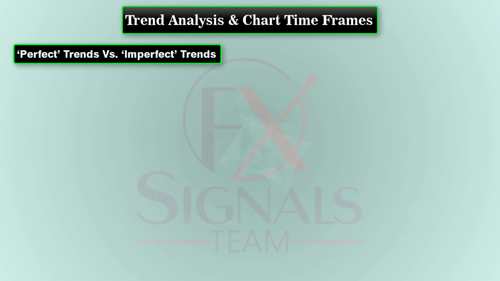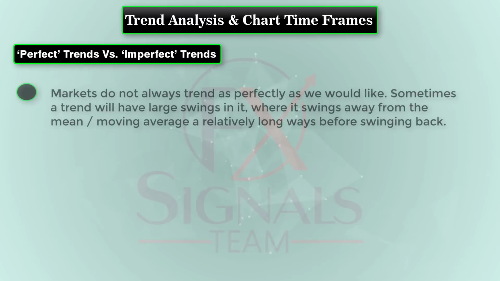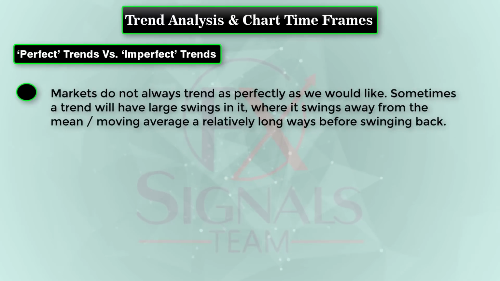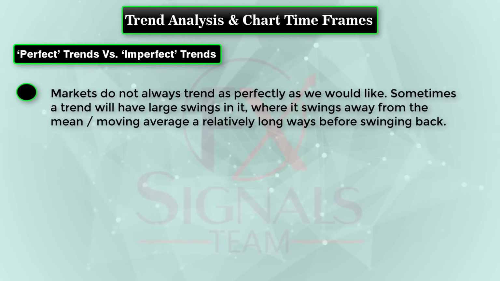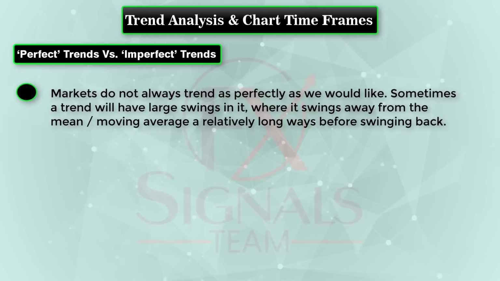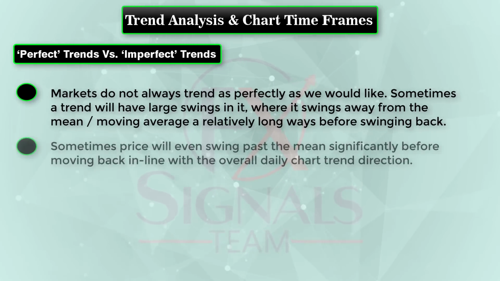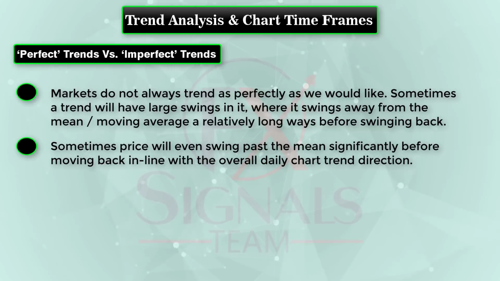Perfect trends versus imperfect trends. Markets do not always trend as perfectly as we would like. Sometimes, a trend will have large swings in it, where it swings away from the mean or moving average a relatively long way before swinging back. Sometimes price will even swing past the mean significantly before moving back in line with the overall daily chart trend